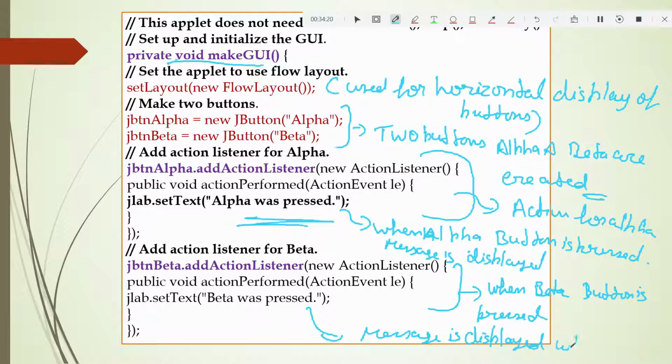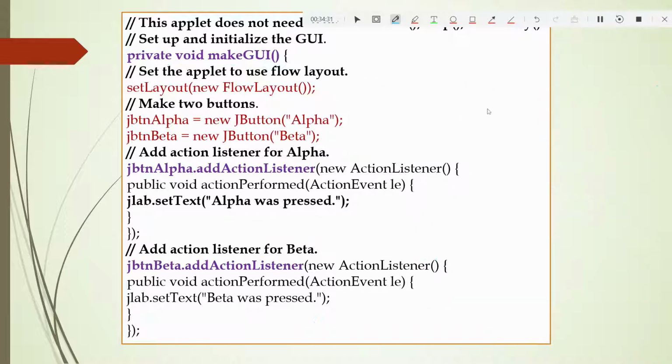It's the same thing, students, nothing very special there. Once again we have the action listener: whenever you press a button, what should happen? JButton will create a button object. These things are the same as in previous cases also, so create a button object here.